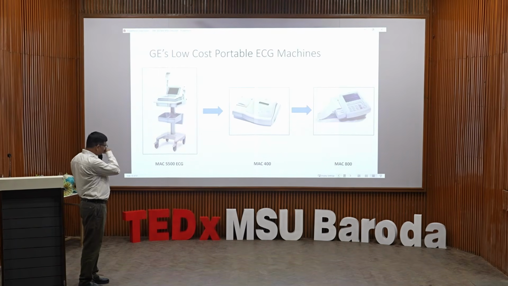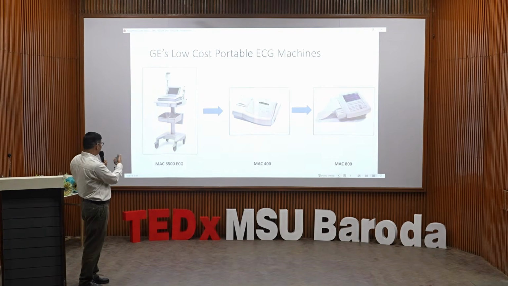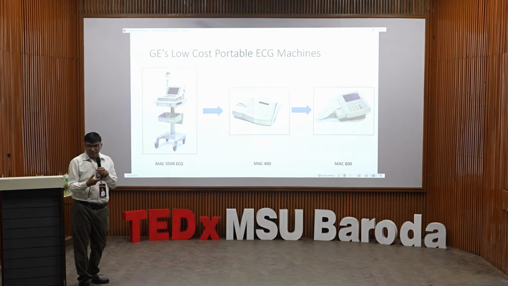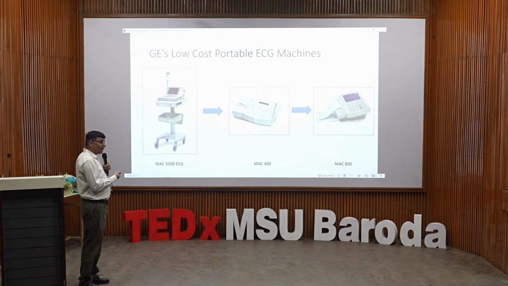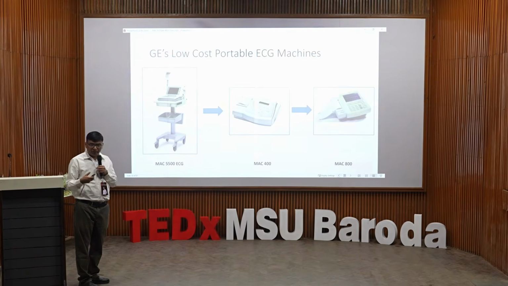So look at the product: high-end medical devices. The product I have right now here is the Mac 5500 ECG machine. This is a premium product, usually sold in the Western market, or in developing countries to high-end hospitals. Corporate hospitals typically use this product. This is quite expensive. The cost of any ECG machine of this type, the 5500 for example, or equivalent, may be more than